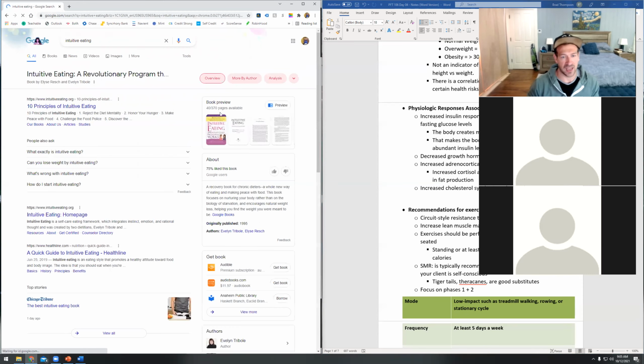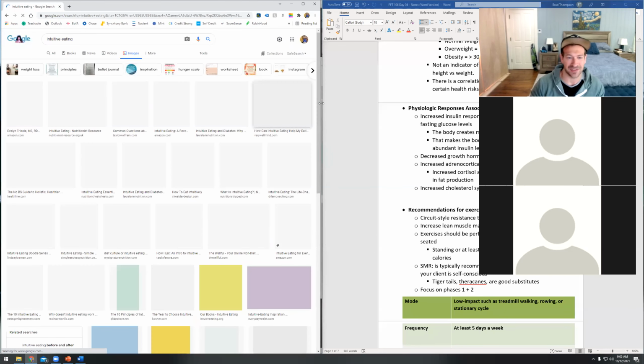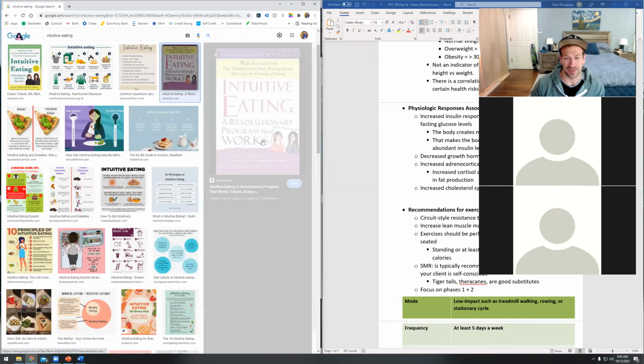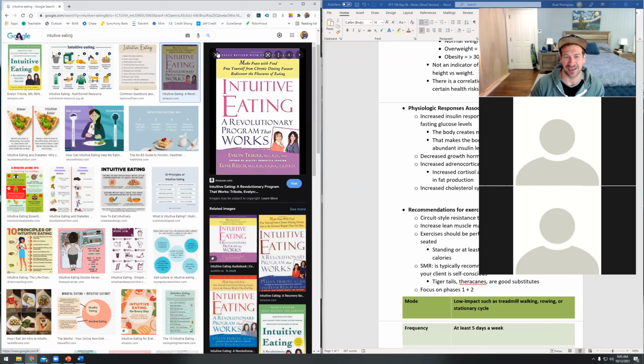It's so funny, I've sometimes had a hard time getting clients to read this book, because it looks purple and yellow and pink, and I've had clients say, I don't know if this is the diet book for me. But trust me, this is a terrific book